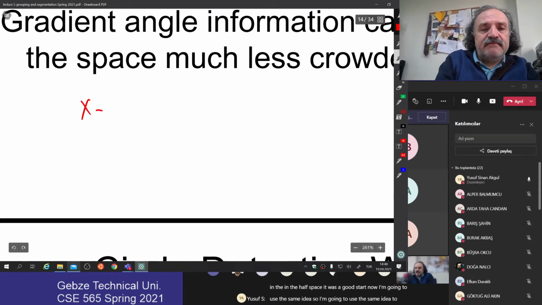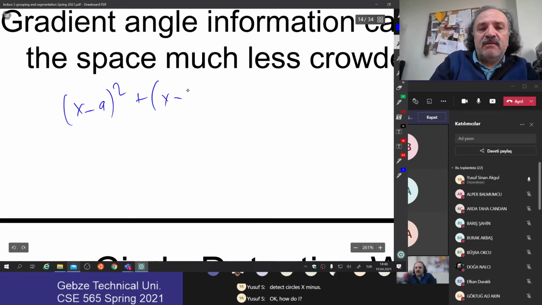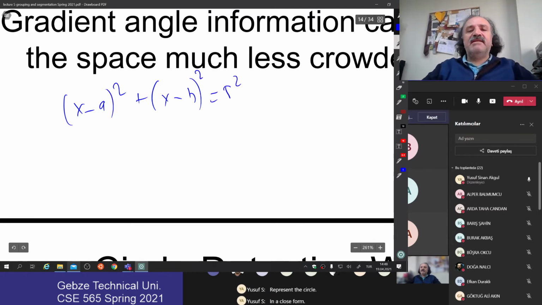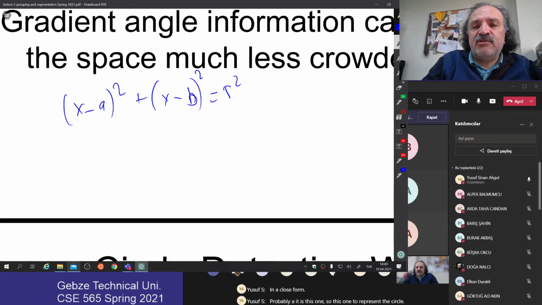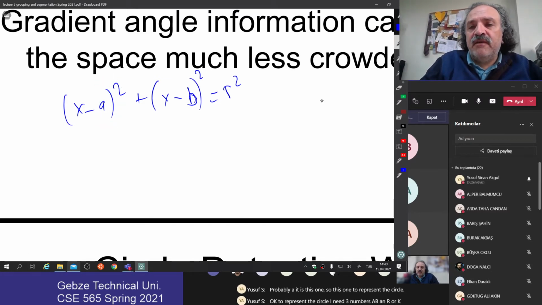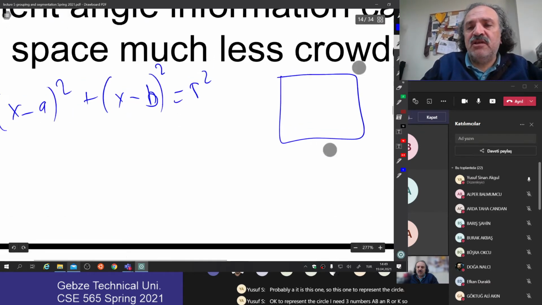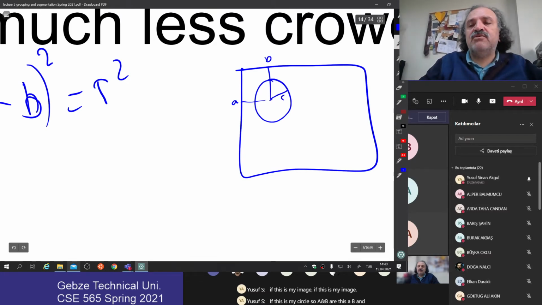Okay, how do I represent a circle in a closed formula? It is this one: (x - a)^2 + (y - b)^2 = r^2. To represent a circle, I need three numbers, a, b, and r. If this is my image and this is my circle, a and b are this, and r is this, right? So three parameters for a circle